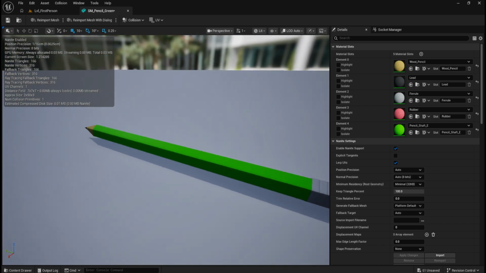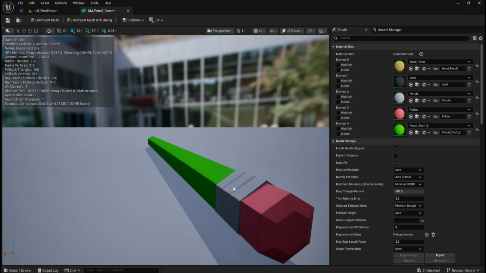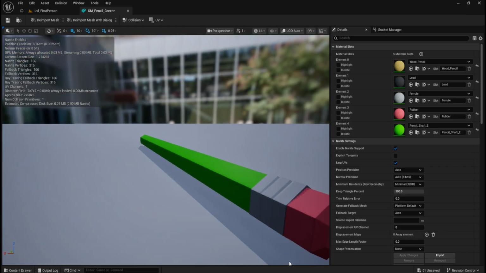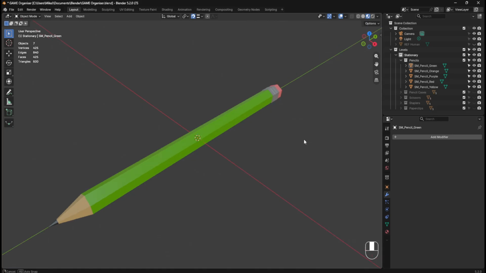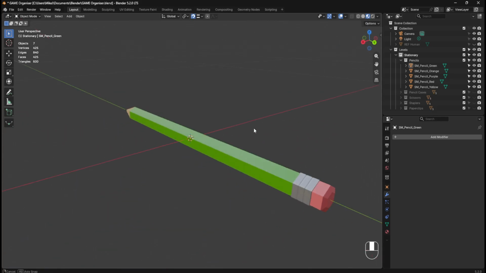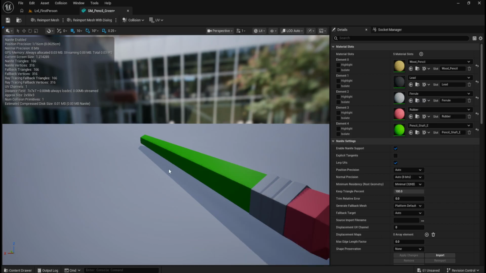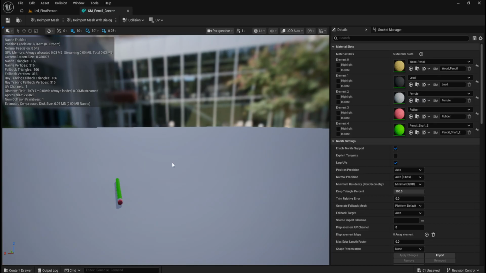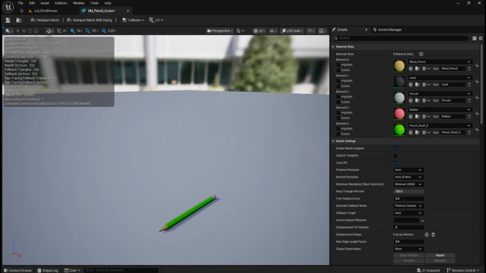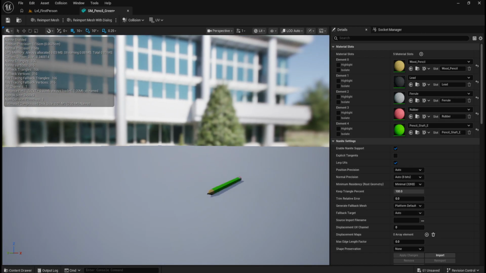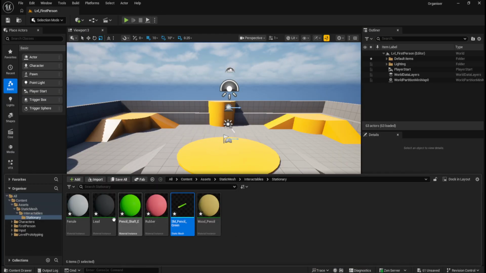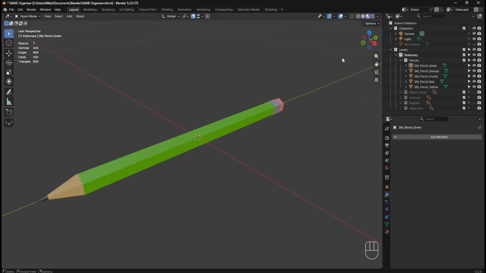So you'll notice that the material isn't reflective. It's a little bit of a pain, even though in Blender you can see it does have a shine to it. I don't know if it's the import settings, but it always seems to just take off that shine. So if we just go into what I'm going to do,